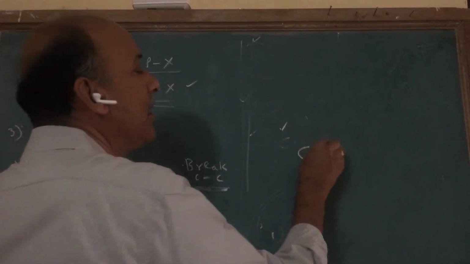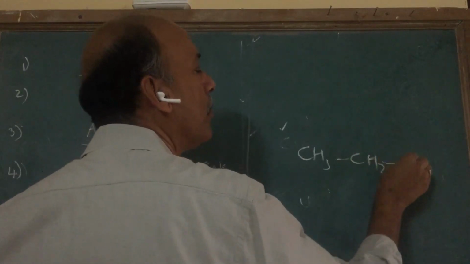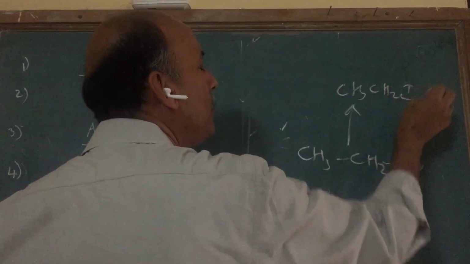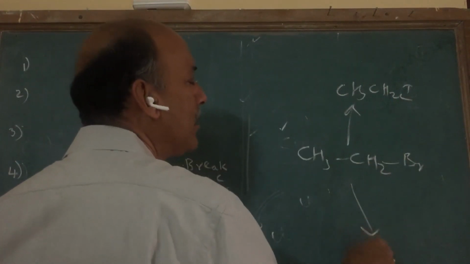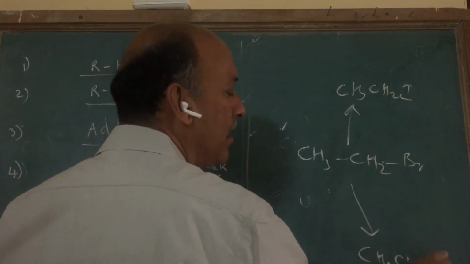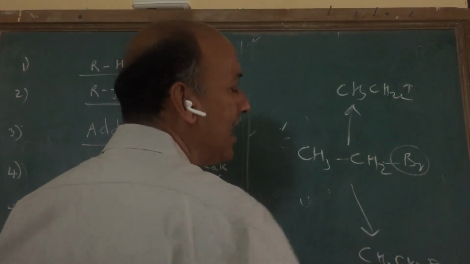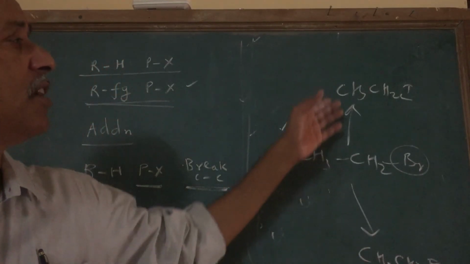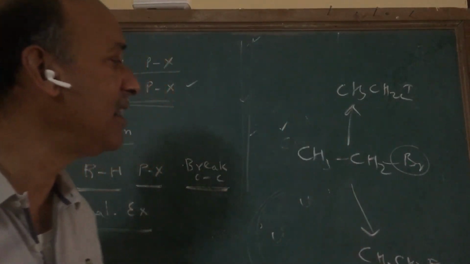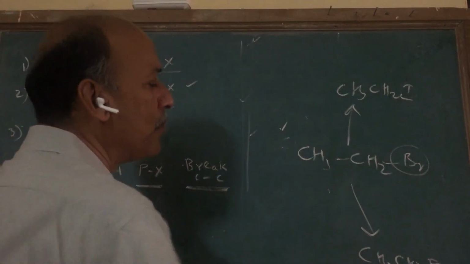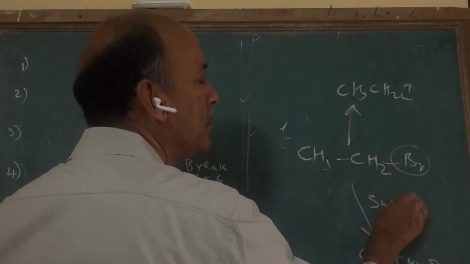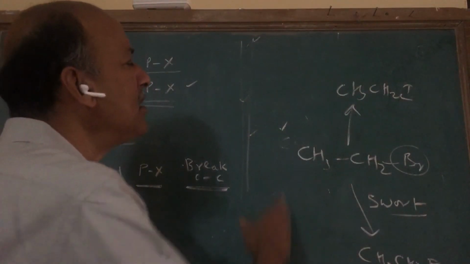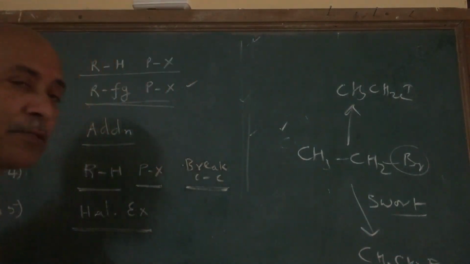Finally, halogen exchange reaction. If you have ethyl bromide, how to convert it into ethyl iodide? Using KI, for example. How to convert it into ethyl fluoride? Here the existing halogen has been exchanged by another halogen. This is particularly an SN2 reaction. It is called the Finkelstein reaction. And we will see the details of these reactions. In fact, about the SN2 reaction, there was a question in JEE in the year 2017. These are routinely asked questions. So we will be exploring all this.